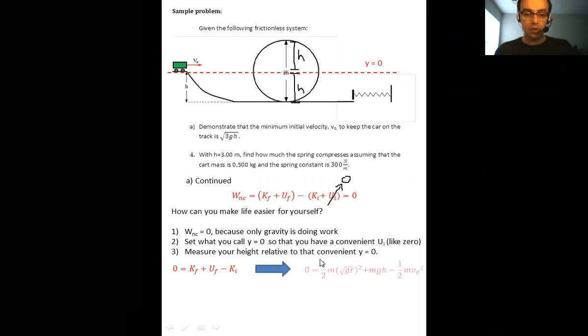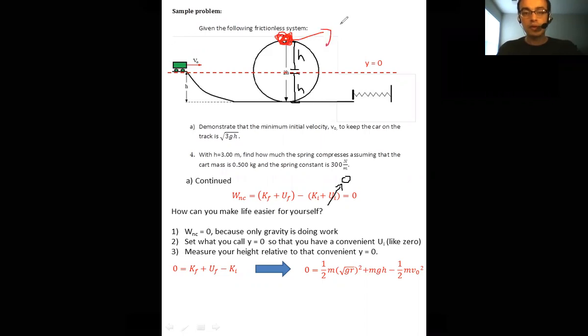Right? We go ahead and plug in for each of those particular things. We know that Kf is equal to 1/2 m times the square root of gr squared. Why do we know that? Well, we are defining our final position as being right here, right there. That is what we're calling K final,